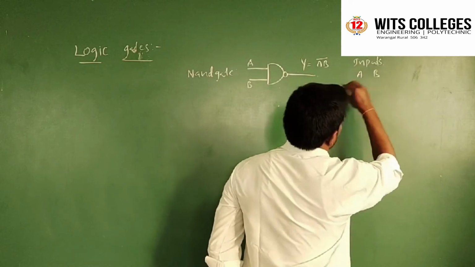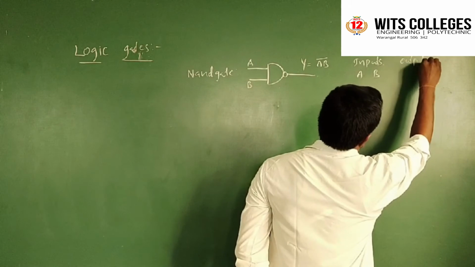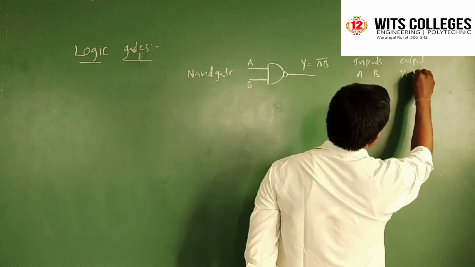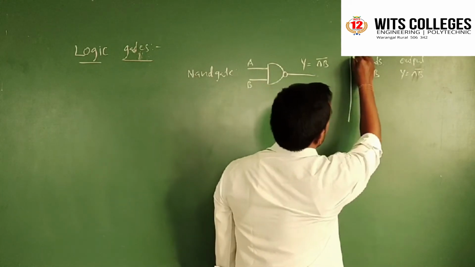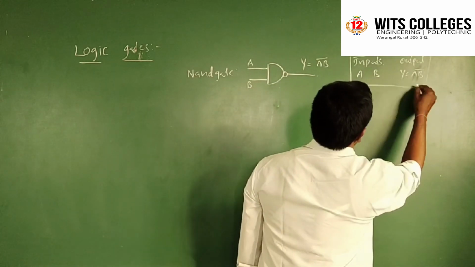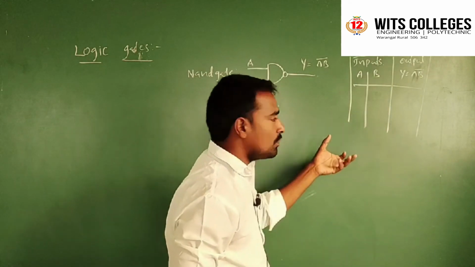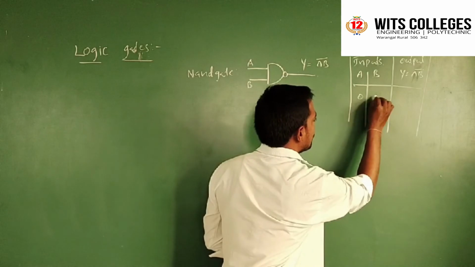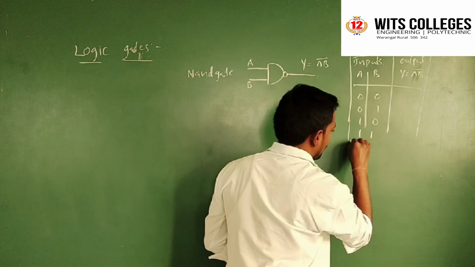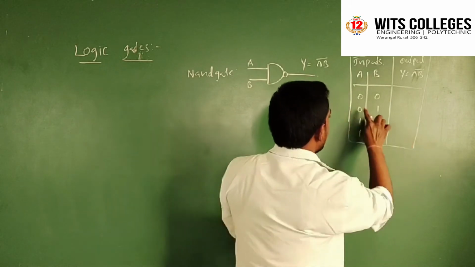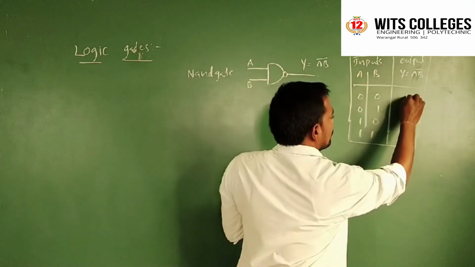A and B, and we will get the output Y is equal to (A into B) whole bar. For the 2 inputs, we will get 4 successive input combinations: 0 0, 0 1, 1 0, 1 1. Okay, 4 combinations. And 0 cross 0 is equal to 0, and 0 complement is equal to 1 here,